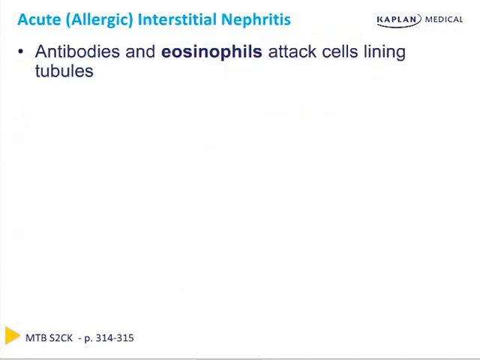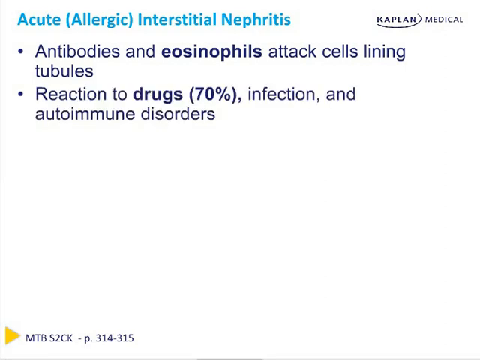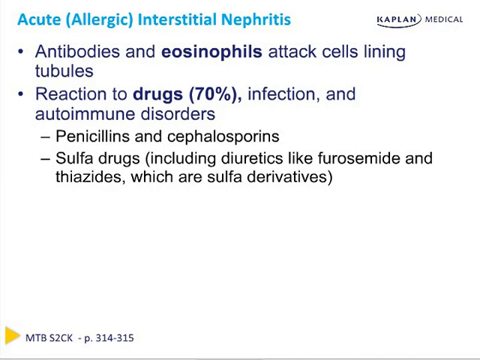We talked a little bit already about acute or allergic interstitial nephritis. What happens in AIN is that antibodies and eosinophils attack cells that line the tubules of the kidney. Almost always it's a reaction to drugs, 70% of causes, but AIN can also be caused by infection itself and by certain autoimmune disorders. The most common culprits in terms of drugs that cause AIN are the same medications that a patient might be allergic to, most commonly penicillins and cephalosporins, sulfa drugs like furosemide, hydrochlorothiazide, and trimethoprim-sulfa or Bactrim,